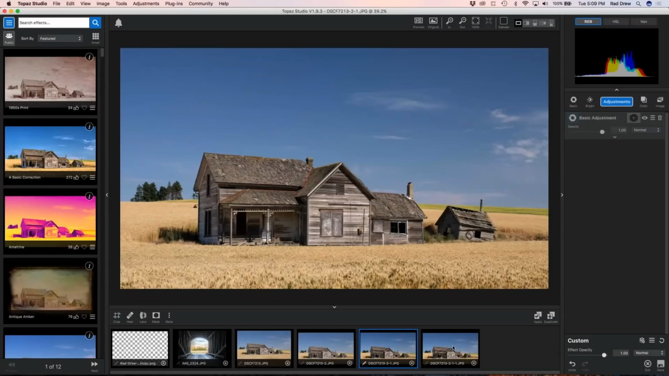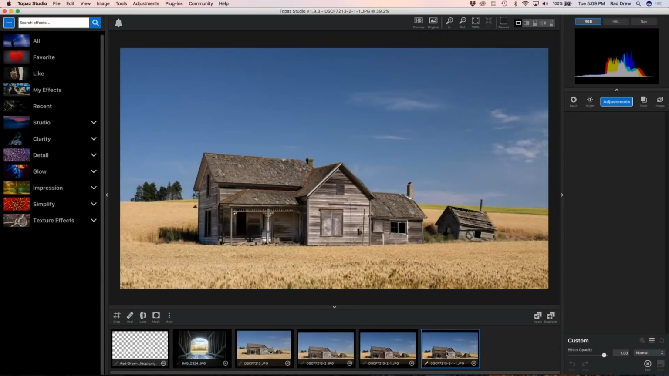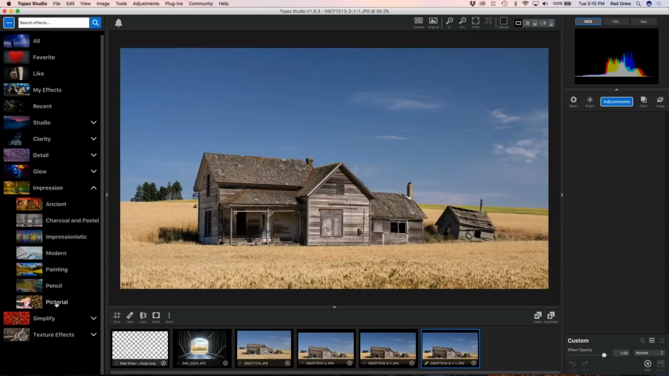When I do that, it produces a copy of the image with those changes in it, but nothing over here in the adjustments panel. So the next thing I'm going to do is add an impression effect. I'm going to go over to impressions. I could open it up, and I know it's in pictorial and I could search for it, but I also know the name of it. It's called photo painting. So I'll type in the name up here in the search cell,